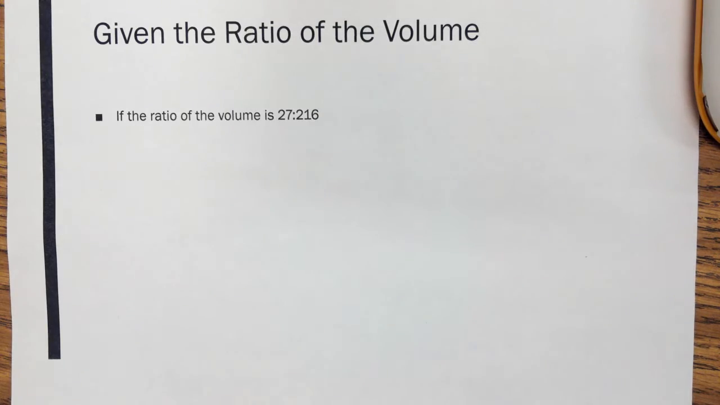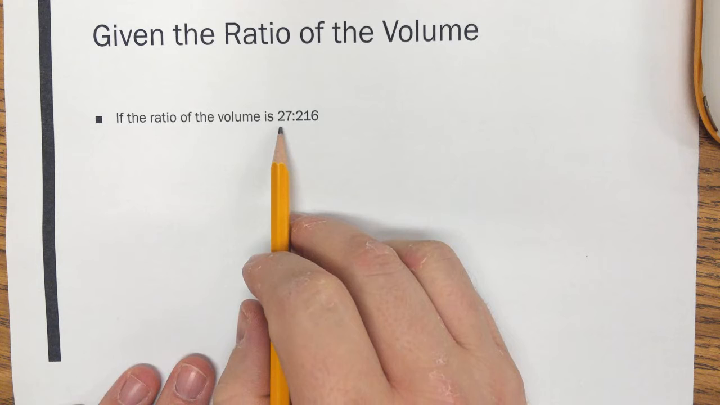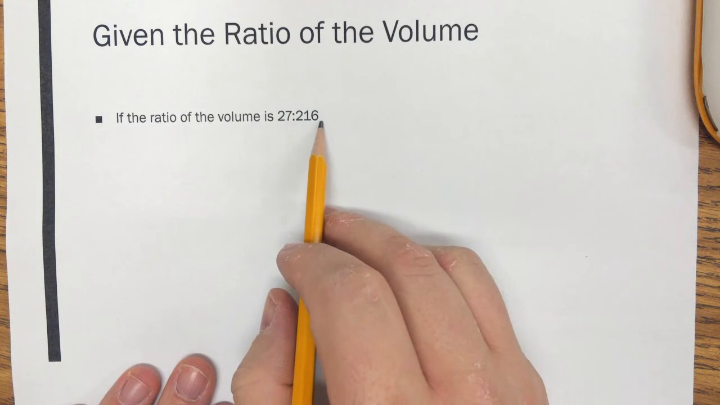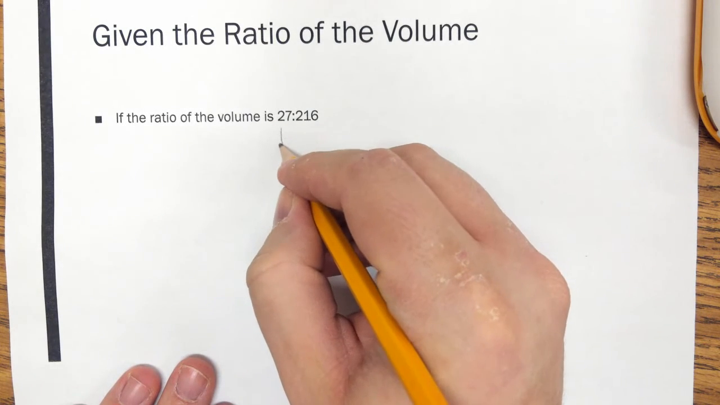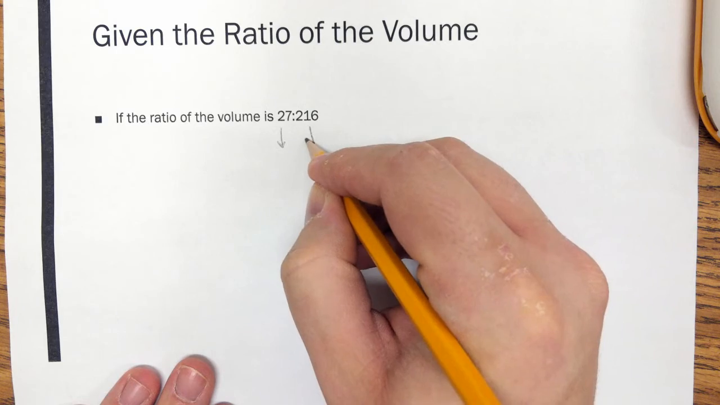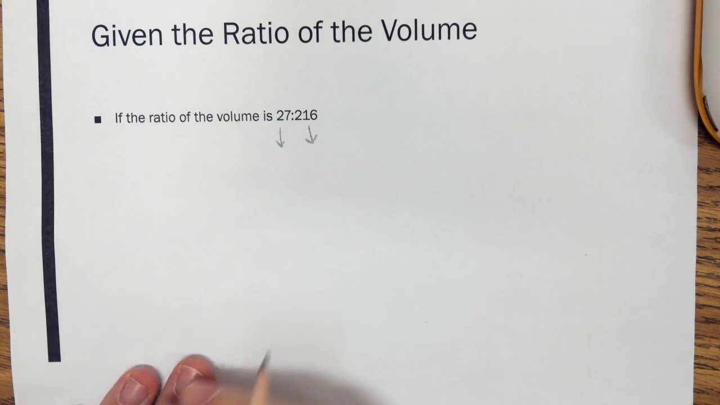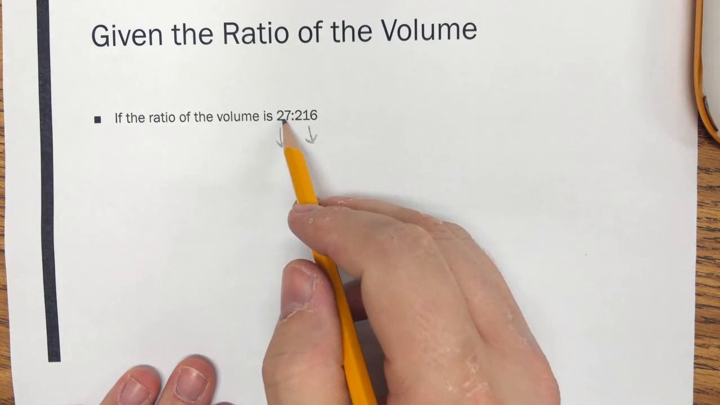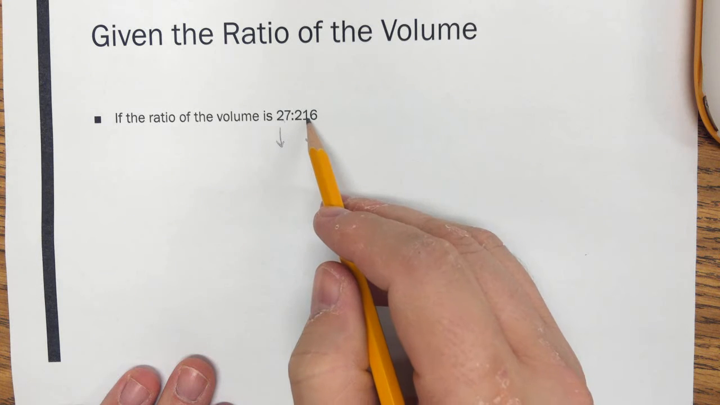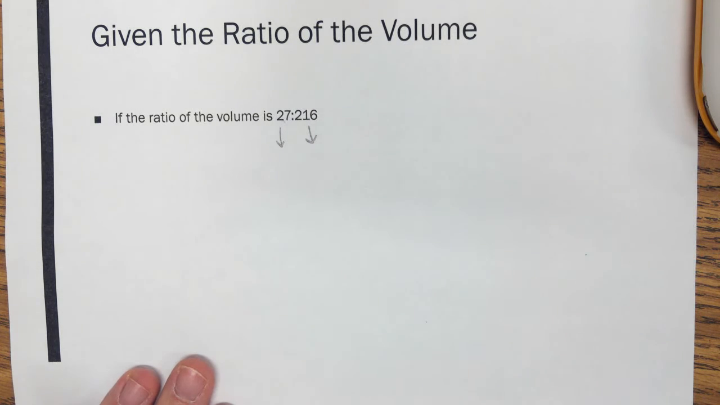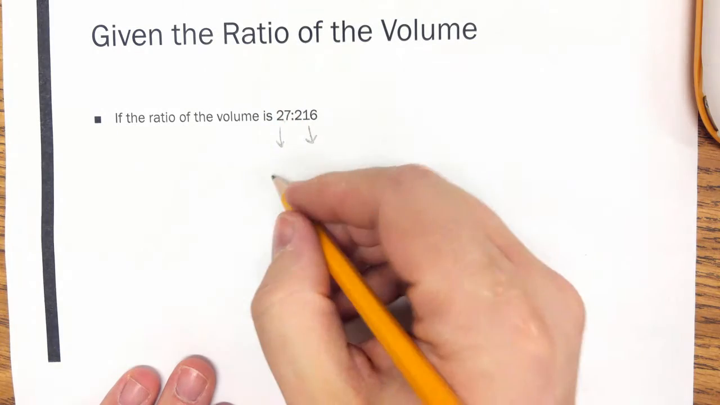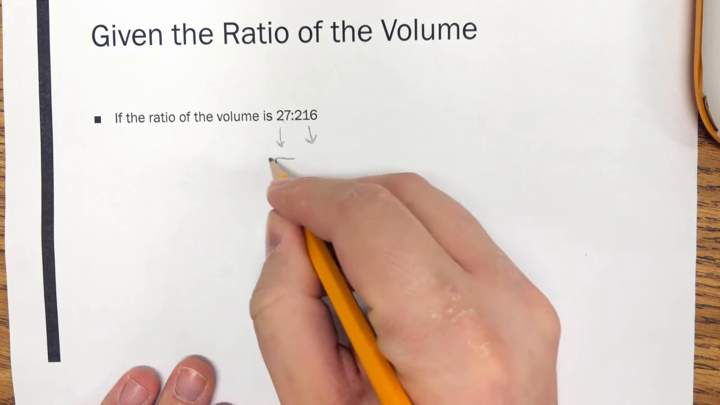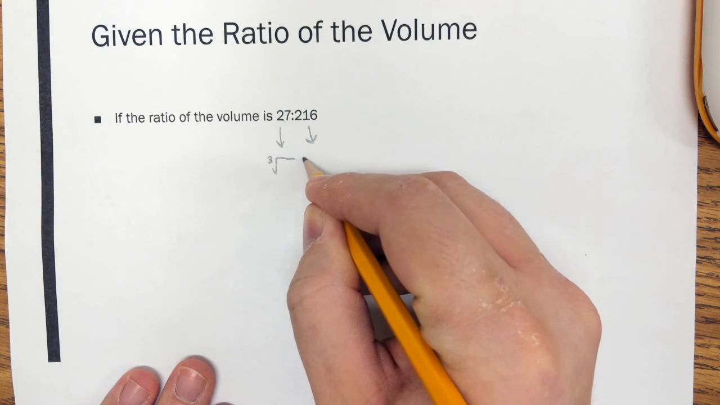Okay. One more. Ratio of the volume is given 27 and 216. Well, similar to what I did with the square ones, I know that some number cubed is 27 and some number cubed is 216. Well, all I have to do then is take the cube root of each one of those,